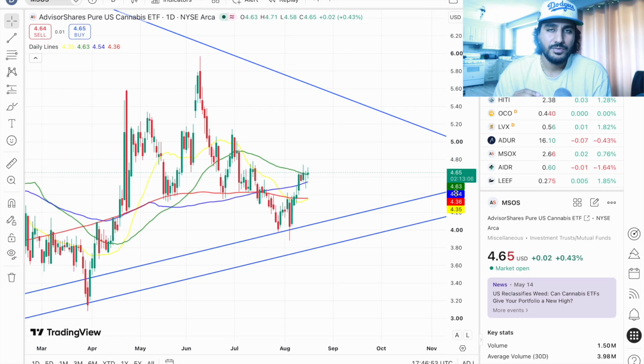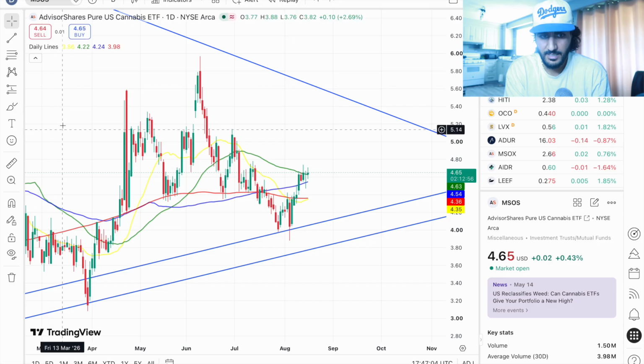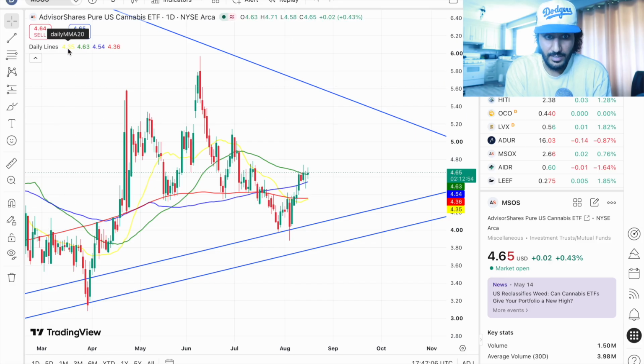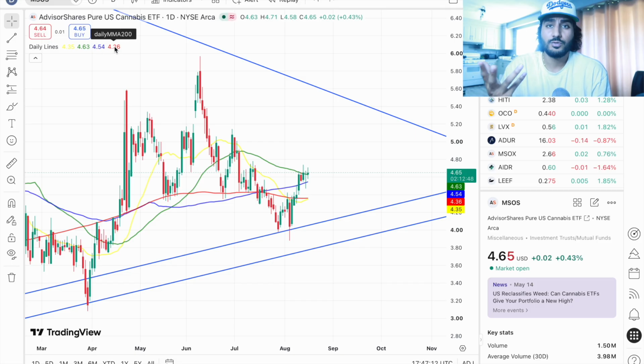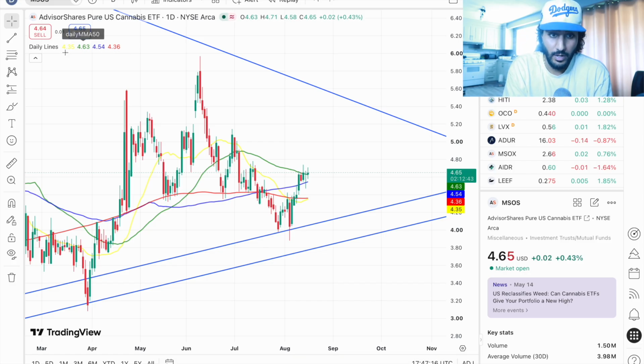What's important about these lines is each line represents a different average. So your yellow, in this case, if you don't know your legend, come up right here. It will show you your daily lines. The yellow line, it will say right there, MM20, 50, 100, 200. So now you know clearly what is what. What do those numbers mean? It means the average price within 20 days, the average price 50 days, average price 100 days, average price of